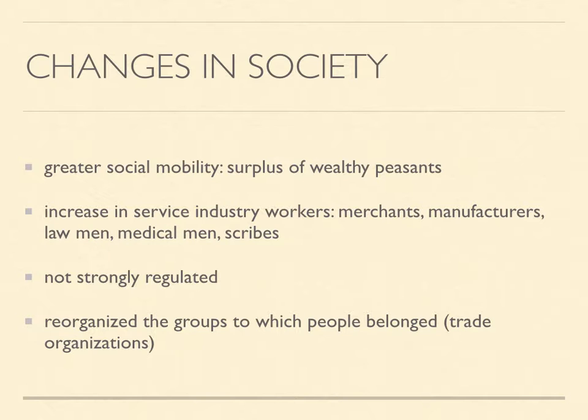But given the times, and given the fact that conditions were good, some peasants did thrive under these conditions and found themselves with a surplus, and they would bring this surplus to market and sometimes export it. So you would find towns near a big river, and these towns would be very amenable. They would be very good for exporting. So if you're along a river, you could export from France to Germany, let's say, in not that much time. So they would be able to bring their goods to market, sell them at market,